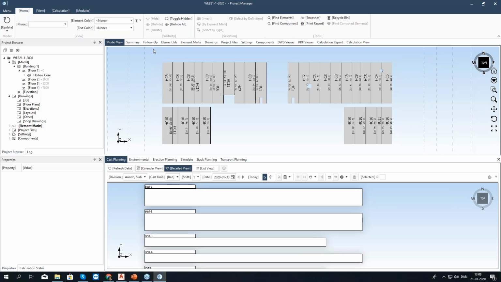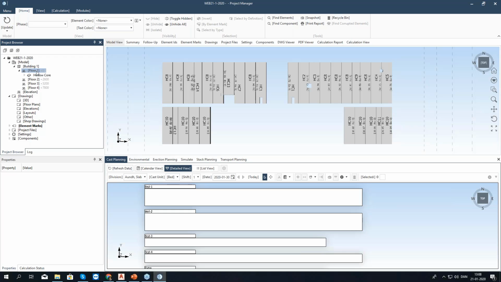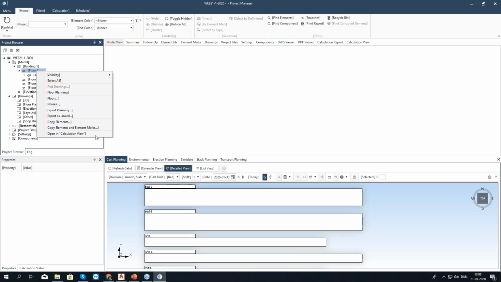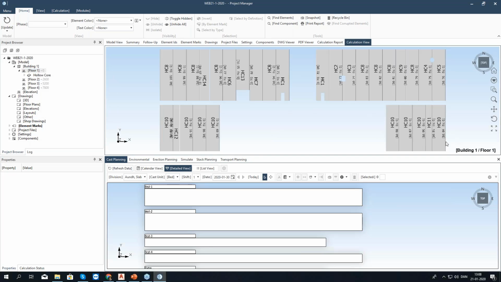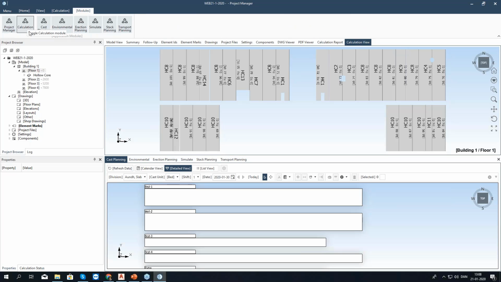Yes, but what is different is the calculation module. And I can select my first floor, right click, open in calculation view, and see that I have building 1, floor 1, and all of the holocores assigned to this floor. Now I have to, of course, open my calculation module if I have the corresponding license of Prestress in Project Manager, and go to my calculation. And very, very easy. It is extremely, extremely easy, and that's what I'm trying to show you through Impact,